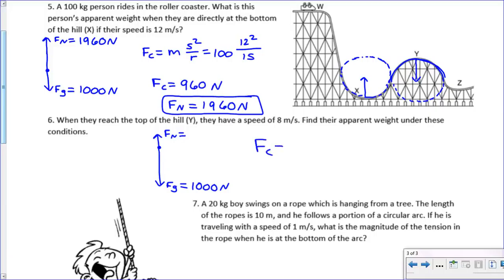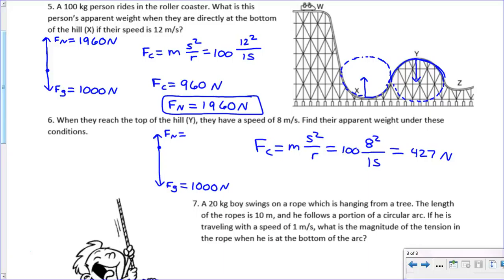before, where we say, all right, Fc equals m times s squared over r, which is equal to 100. And then I gave you in this case that the speed is 8 squared over the radius, which is still 15, because I said the radius was 15 for both the hill and the valley. If you go through and multiply those, you get 427 newtons. This tells us these two forces are unbalanced by 427,